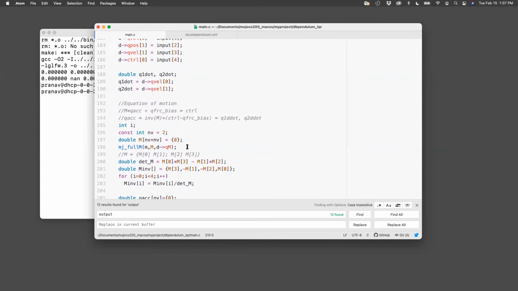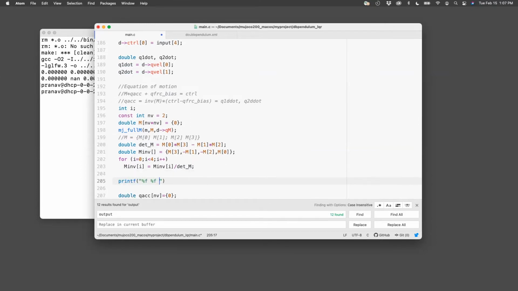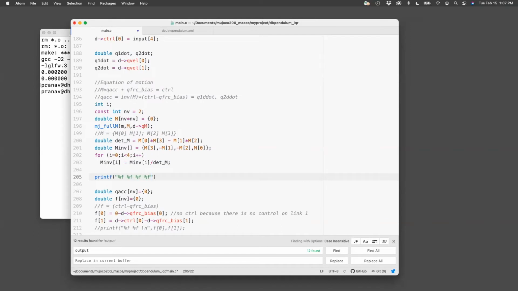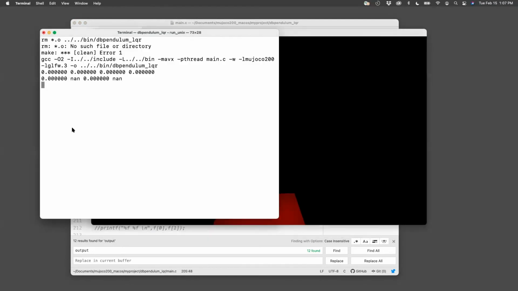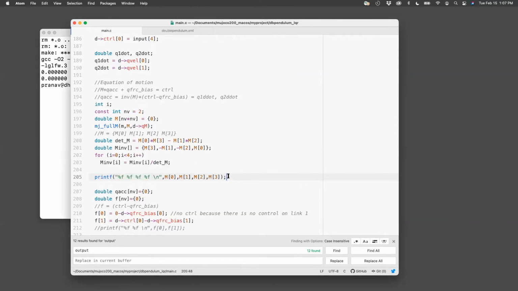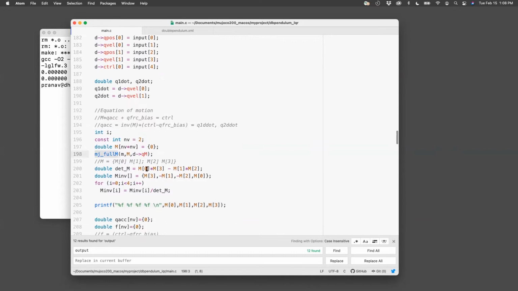Let's see. So, let me know if you see the bug. Okay, this is the bug. M is basically 0, 0, 0. That's why it's coming. So why is M 0? I thought this would give me the full state. Okay, so the problem is that